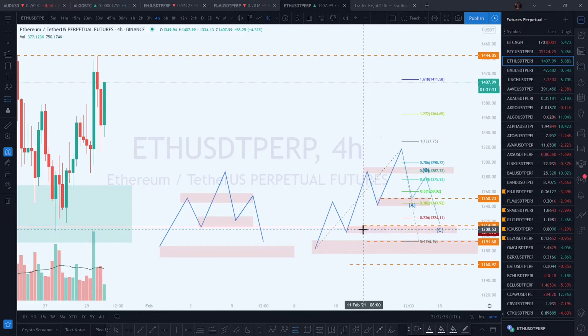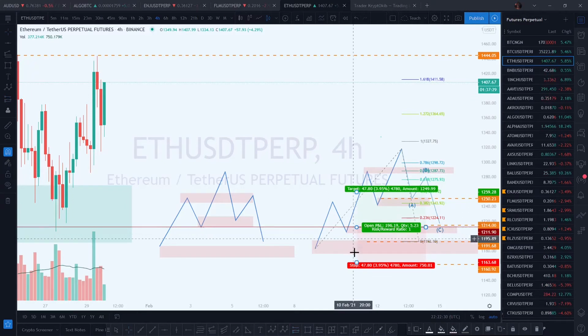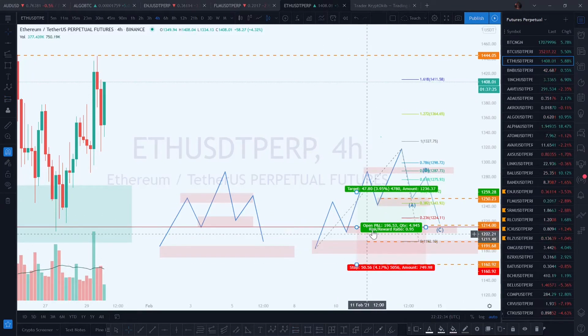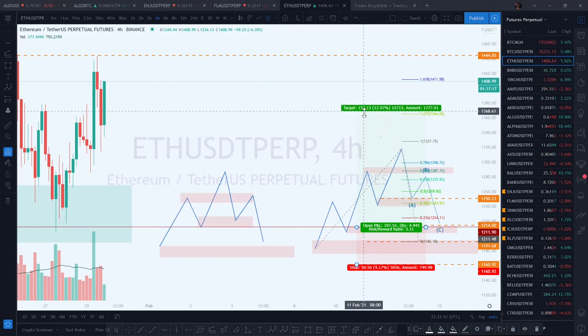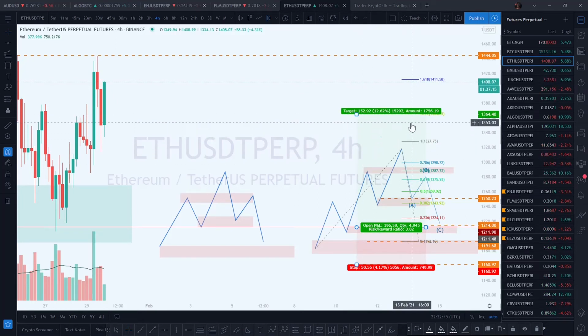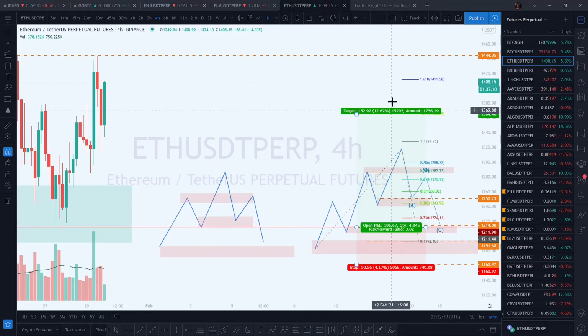So this is what we want to do. This will be our average entry. This will be our stop loss, and where is our take profit? The first target is here, right? And that alone is giving us 2R already. And then the main target, the second target is here, which is giving us 3R. So if we are going for 3R, then